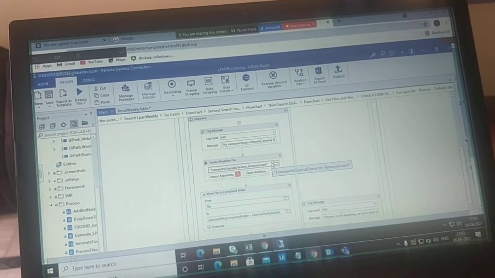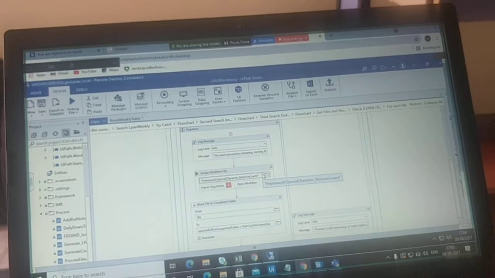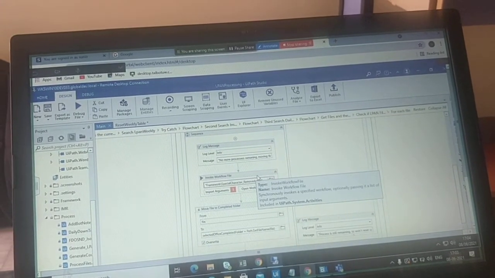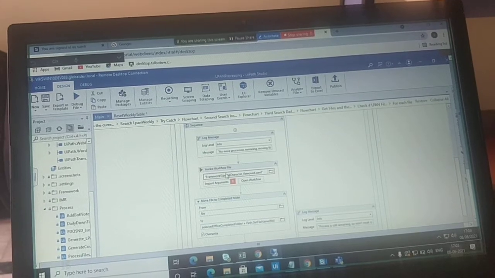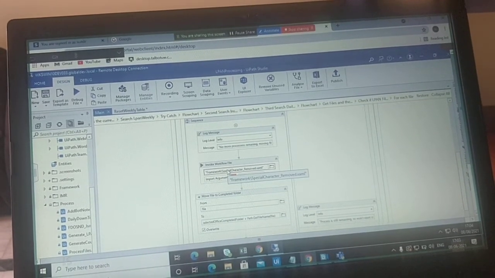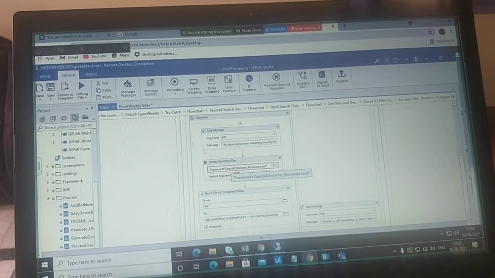Here that is symbolic, like not a symbolic, special characters. Okay. Why is it orange? I think some arguments are missing. Yes, I will check.